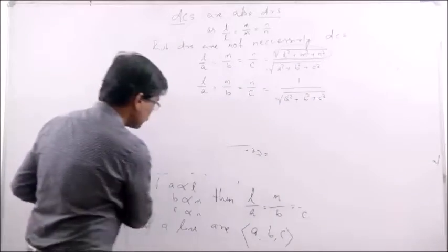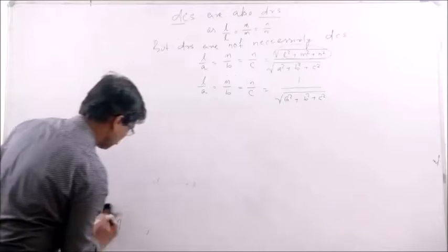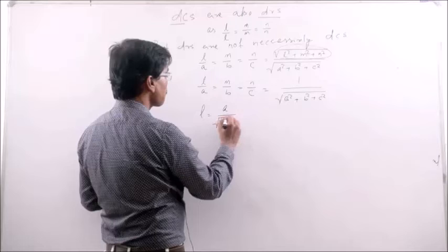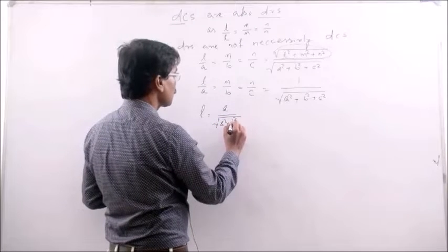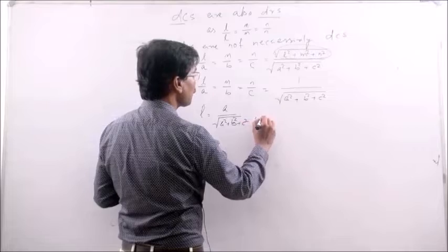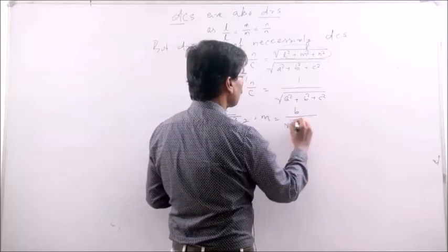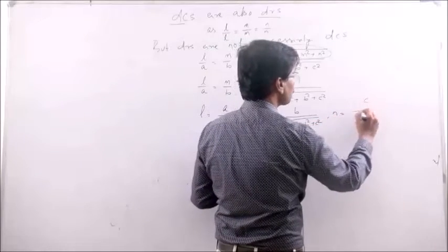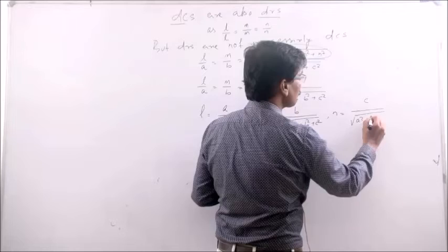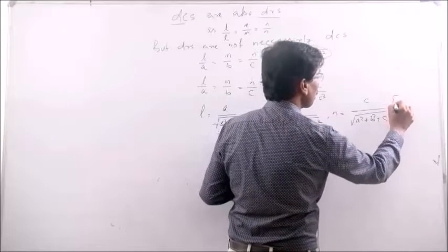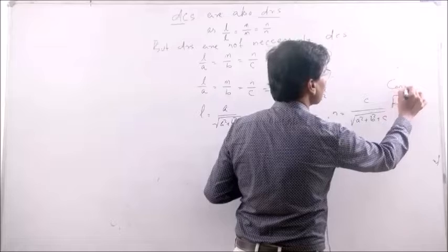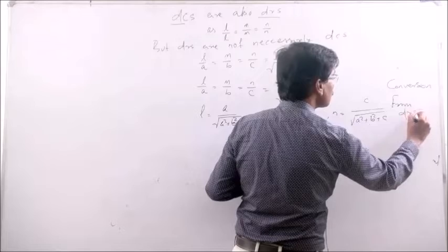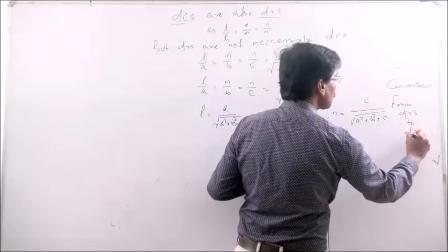So, L is equal to A by root over A square plus B square plus C square, M is equal to B by root over of A square plus B square plus C square, and N is equal to C by root over of A square plus B square plus C square. So, this is the conversion